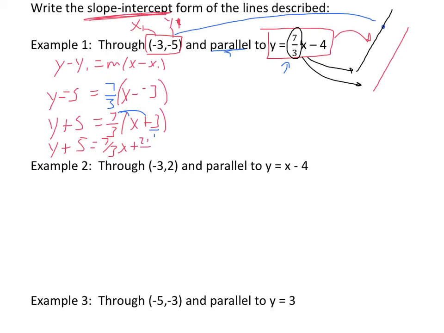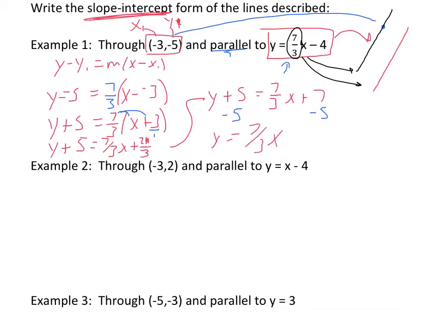Denominator times denominator is 3 times 1. Alright, so that's a 21 on top there. Now, if we take this up here, we have y plus 5 equals 7/3 x plus 7. So now we can finish by subtracting 5. We end up with y equals